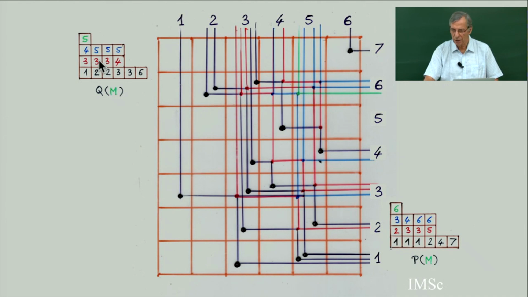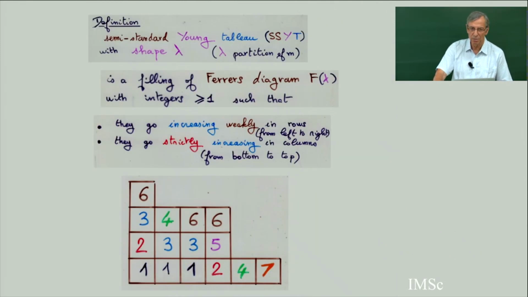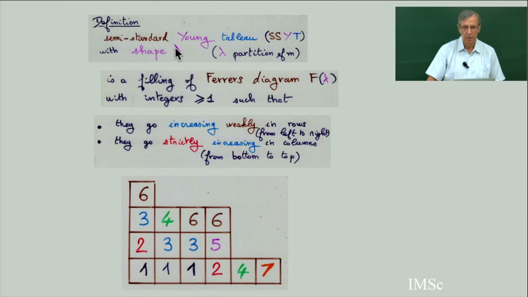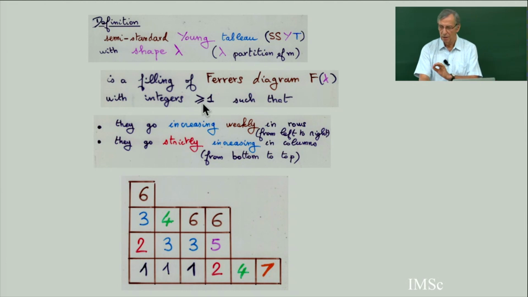So you have to prove that this, what I get, is a bijection with a pair of semi-standard Young tableaux. So what is a semi-standard Young tableau? Definition: you take a shape, lambda, and a semi-standard Young tableau, SSYT, is a filling of the Ferrers diagram associated to the partition with integers bigger or equal to 1, such that they go increasing in each row from left to right,